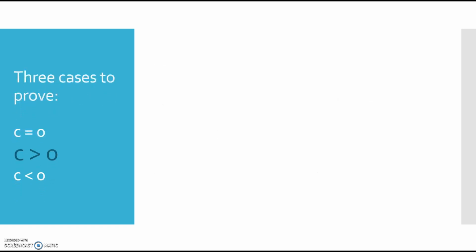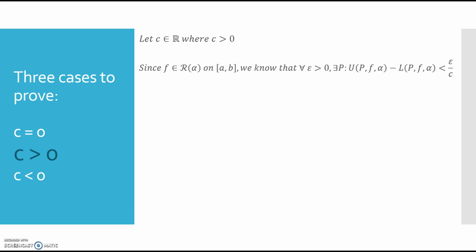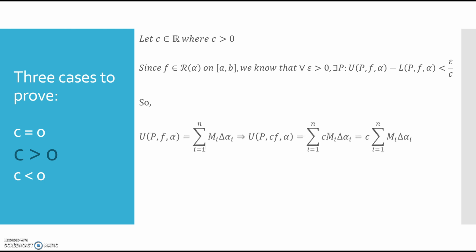So now we need to look at what happens when c is greater than 0. And in this case, remembering that the function is integrable, we know that for all epsilon greater than 0, there must exist a partition such that the difference between the upper and lower sum will be less than epsilon divided by that element c. So what this tells us is if we write our upper sum and we compare the